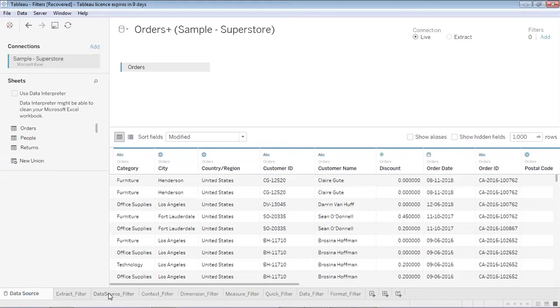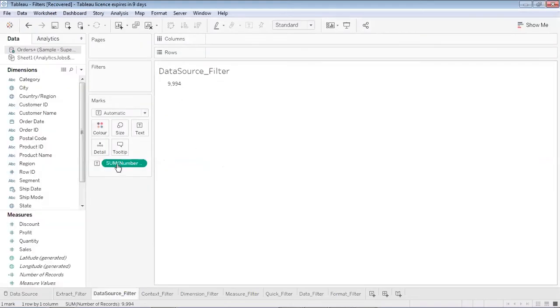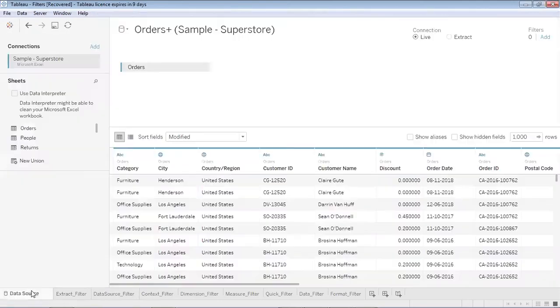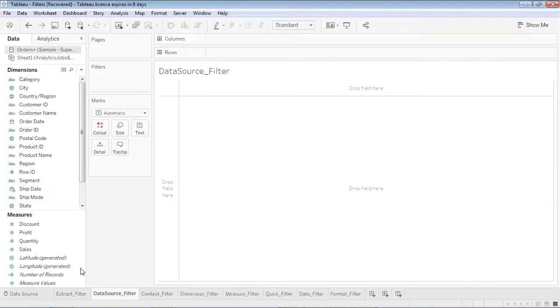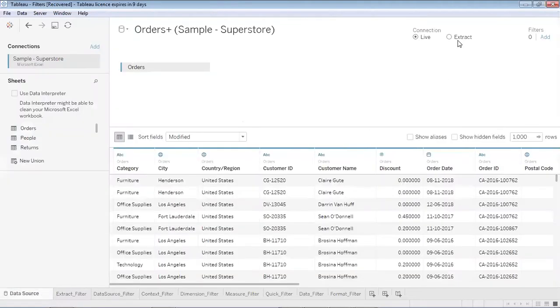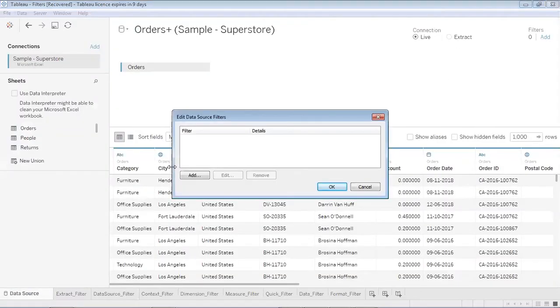One thing to notice now, let me go to the data source filter. As of now, if I would like to count the number of records which are there in my data source imported from the source, that is sample superstore, then I'll take number of records and check. So it shows that my entire data set has got 9994 number of records. Now you will see, when I apply some filters for filtering out the data, the number of records will increase or decrease. So now I am planning to add a filter into the data I have imported.